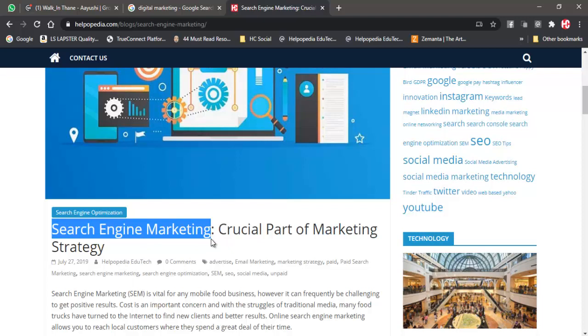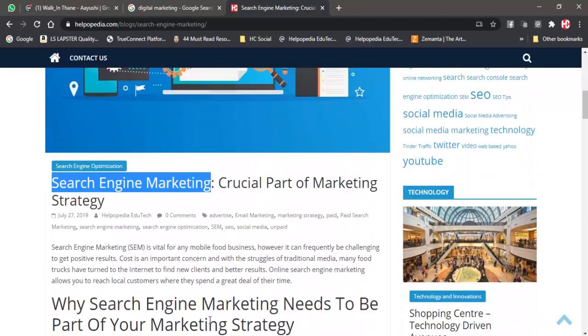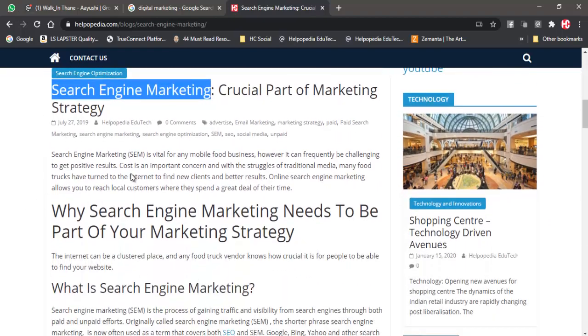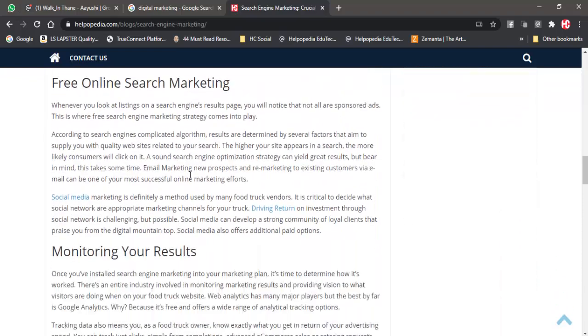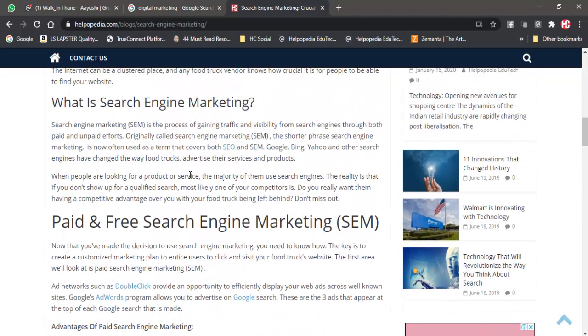Now we start to write an article, and we know that search engine marketing is our primary keyword. So I need to use that keyword multiple times, and throughout the content this particular keyword should appear. It should not be that if I have to use it 10 times then I use it all in one paragraph. That is called spamming, so that cannot be done. We have to use it throughout the entire blog in a uniform way. And other keywords also we will start to use.